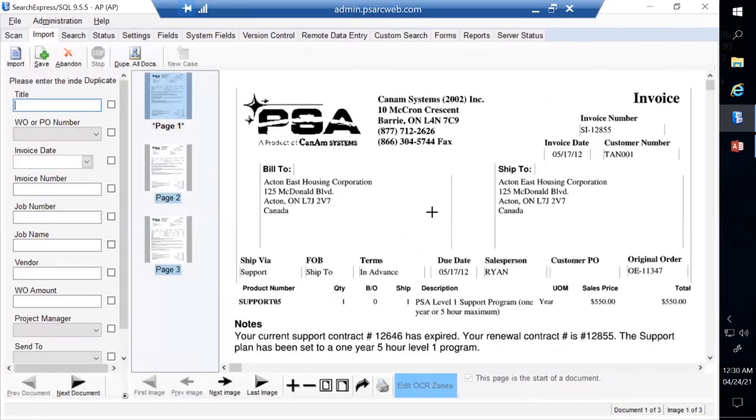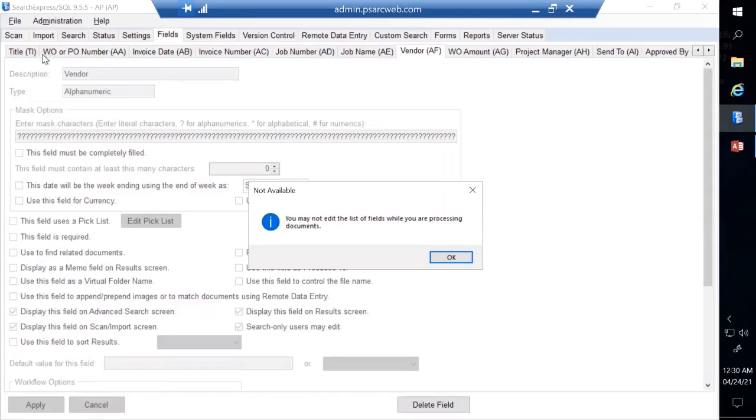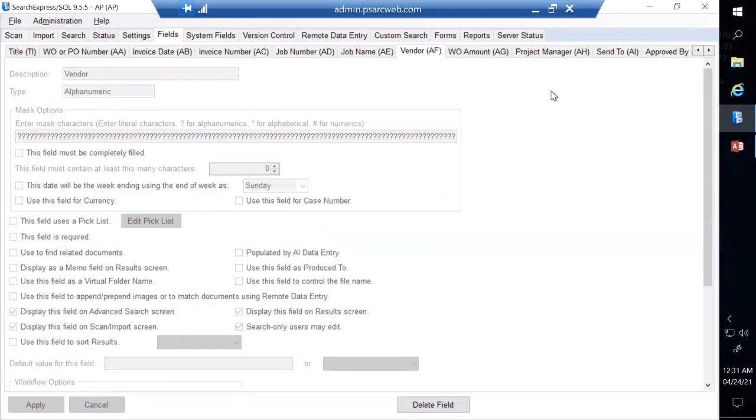In here, I have an invoice that I can now start to map directly to my digital fields. These fields can be set up and defined to link directly to your PSA database. In my case, I have it set up to recognize work orders and PO numbers, input job information, as well as being able to assign it to our project manager or approval teams that are linked directly into my PSA